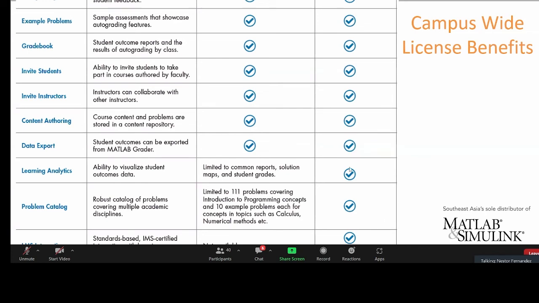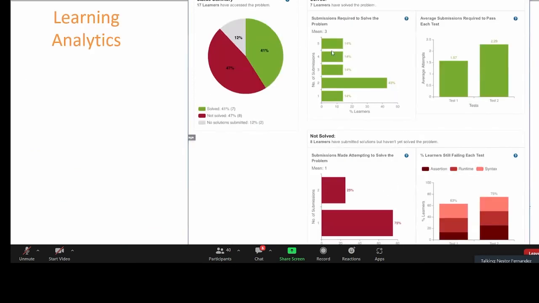You have access to a very large collection of problems, as well as LMS integration, or learning management system integration, into any kind of LTI compliant system. So for learning analytics, you do have access to macros, such as you see how many students have solved, not solved, where they submit, how many submissions it requires to pass, as well as for those who have not solved it, where do they go wrong, how many submissions have they attempted,